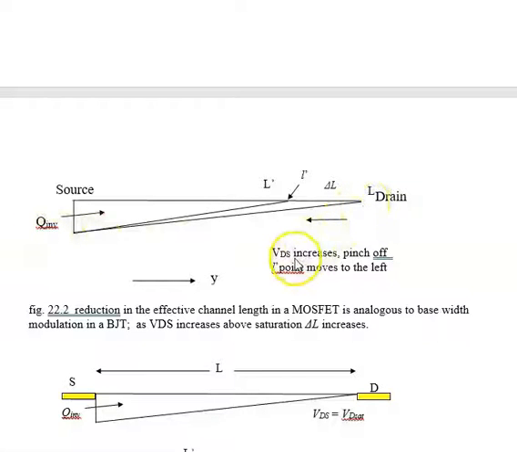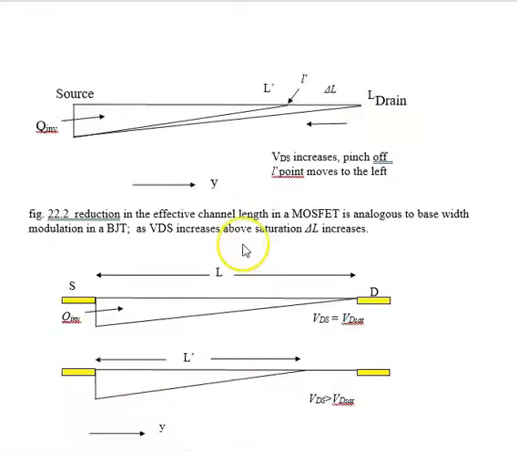But as VDS increases above that pinch-off point, then the point L prime, which was over here, moves to the left, and we get a delta L. So as VDS increases above saturation, delta L increases, the channel decreases,